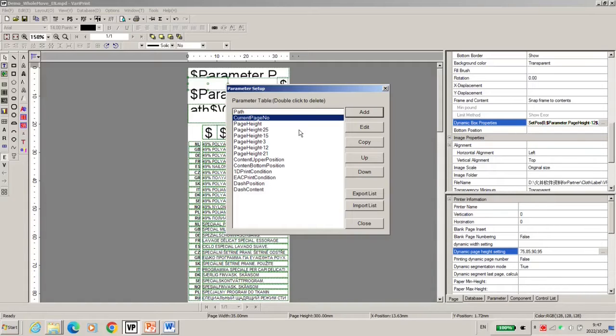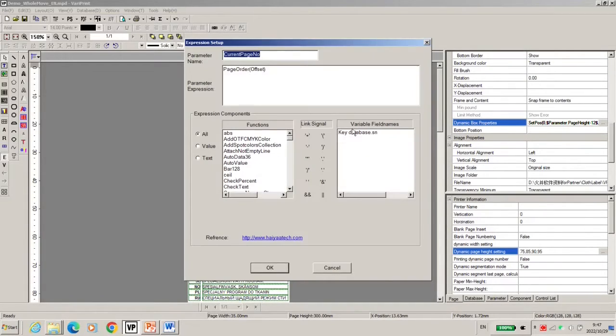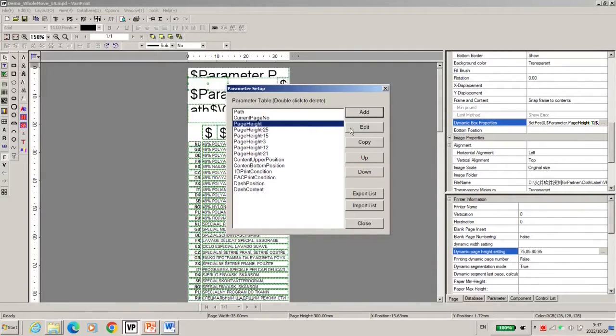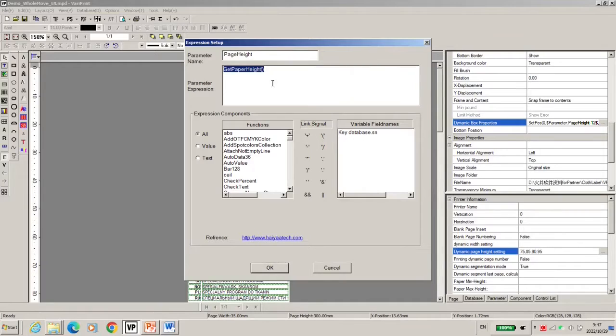First, we have many functions. First, we have a page order function. Then we can get the current page number. In this job, it's 1, 2, 3, 4. So we can get the current page number using this function. And another function I use here is to get the page height. Why do we use this? The page height or page length is dynamic. What is the real one for this job? So we need to get the page height.